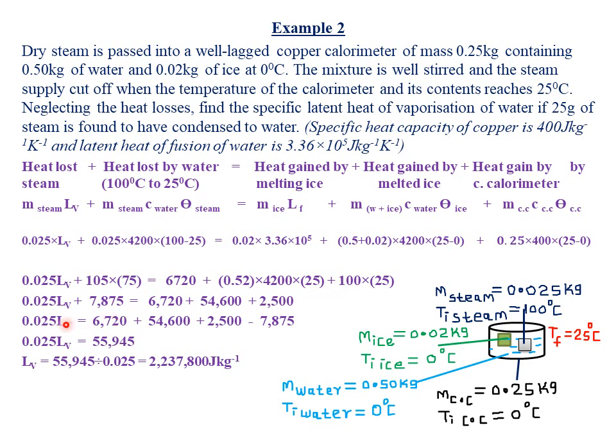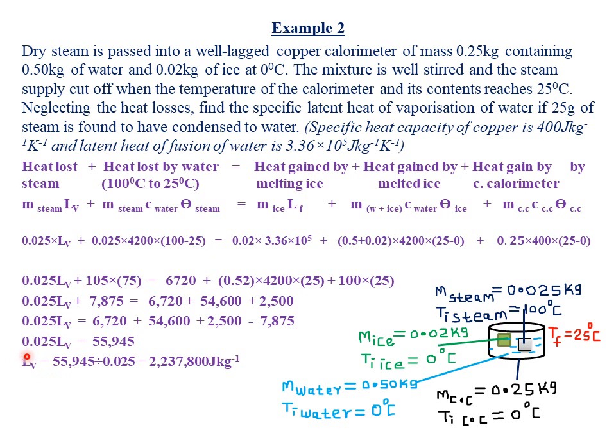So I want to collect the like terms. I want to remain with 0.025 Lv on the left hand side, so this value will move towards the right hand side. Of course, when it crosses the equal sign, it becomes negative. So we'll have 0.025 Lv being equal to 6,720 plus 54,600 plus 2,500, then of course minus 7875. It is negative because it has crossed the equal sign. If you perform this operation, that is 6720 plus 54,600 plus 2,500 minus 7875, you'll obtain